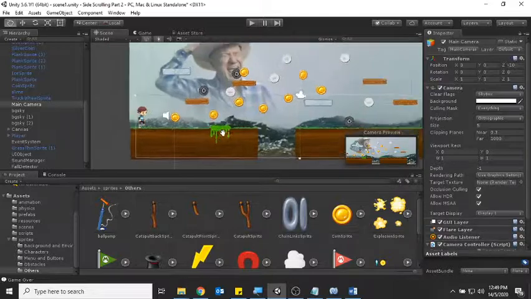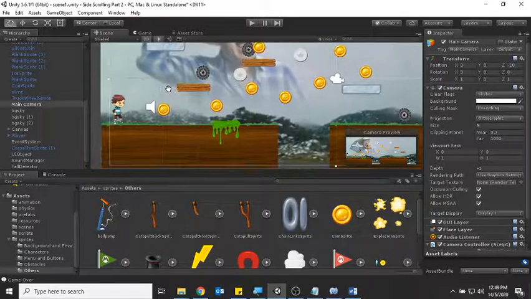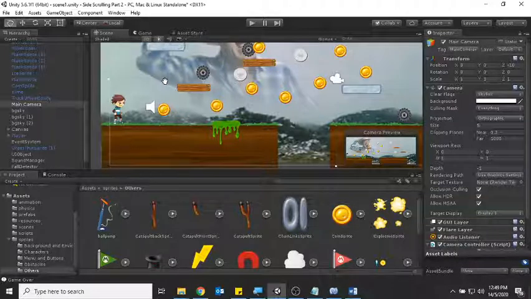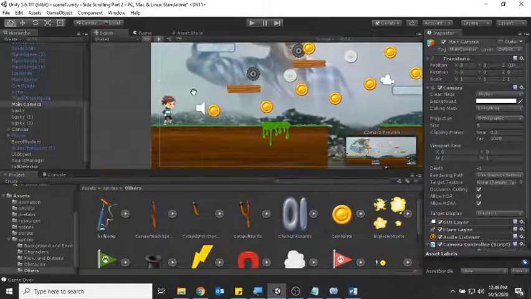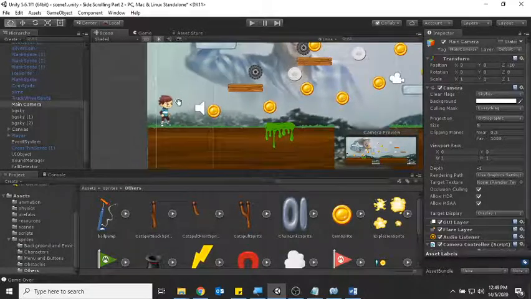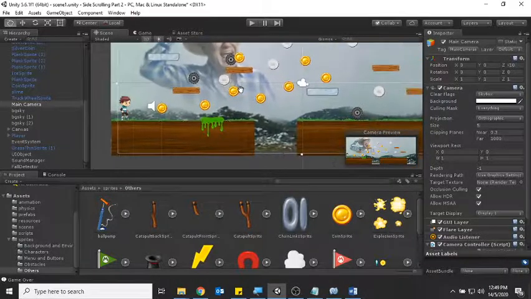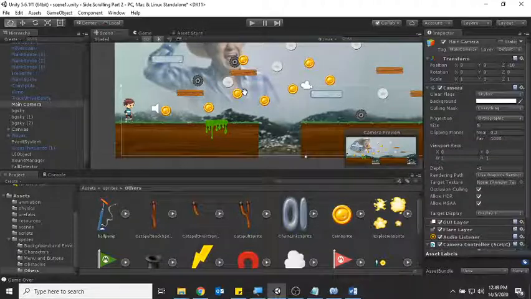Basically, a checkpoint is a point in a particular game where the player records their location and progress, just in case the player, let's say, died or fell. So we will respawn the player in that particular position. Okay, so for this one, we're going to